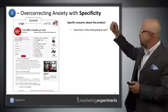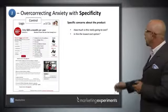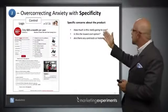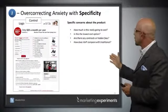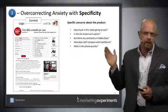So here's the sort of question that might occur in someone's mind. How much is this really going to cost? Or is this the lowest cost option? Do I have even the right product? Are there any contracts or hidden fees? How does VoIP compare with the traditional approach? What is the quality? I mean, this is a huge issue. Do you remember the early days of